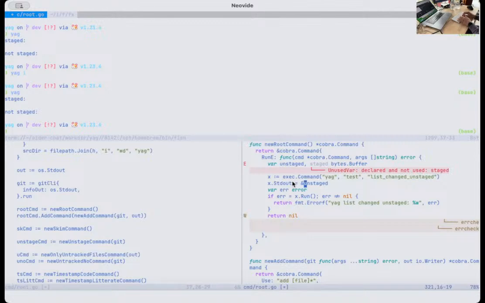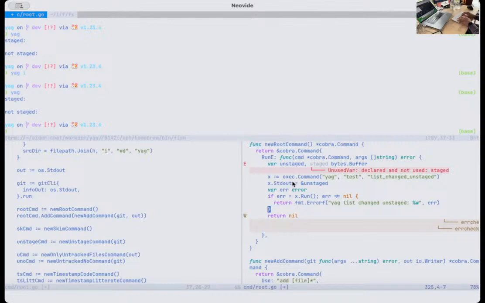The things that are not staged, they're not inside the stage, so I don't really care about them. And so when I have this, I will just run the command and get the unstaged output, and